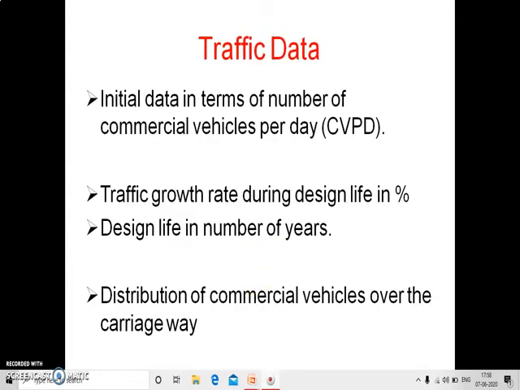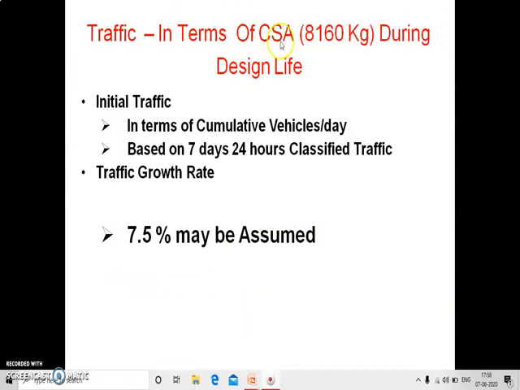Multiplier to convert number of commercial vehicles of different axle load and axle configuration to the number of standard axle load repetitions, indicative vehicle damage factor values. Normally (axle load / 8.2) to the power n, where n equals 4 to 5. Indicative vehicle damage factor values: initial traffic in terms of CV per day. Terrain: plain or rolling, another one is hilly. 0 to 150: 1.5 and 0.5; 150 to 1500: plain and rolling 3.5, hilly areas 1.5. Greater than 1500: plain and rolling terrain 4.5, hilly areas 2.5.